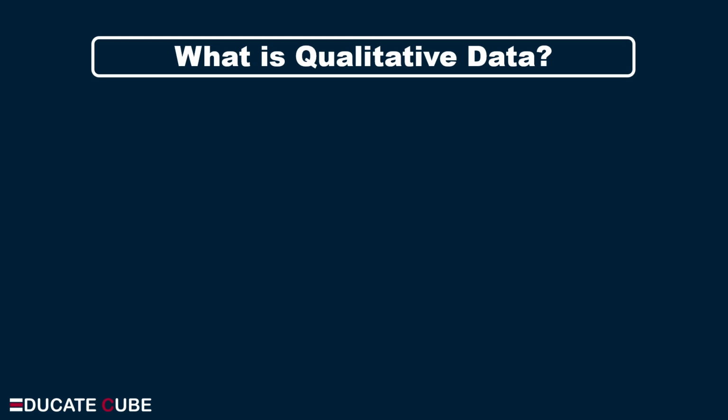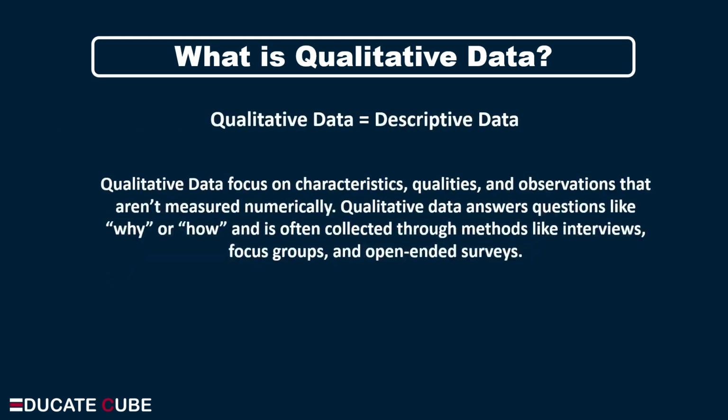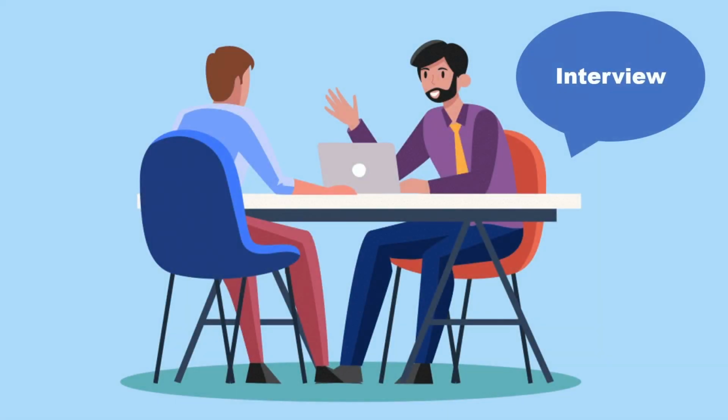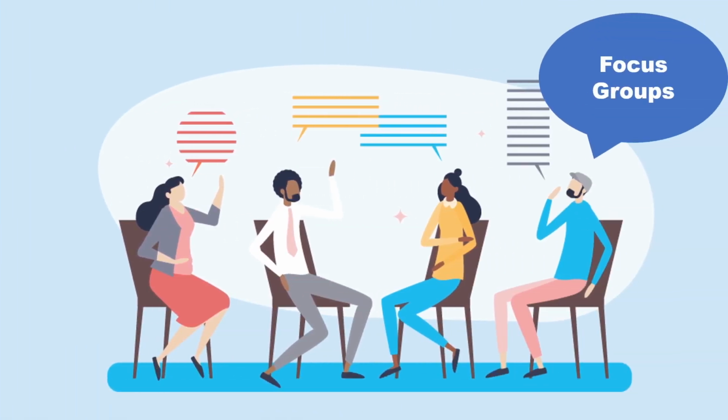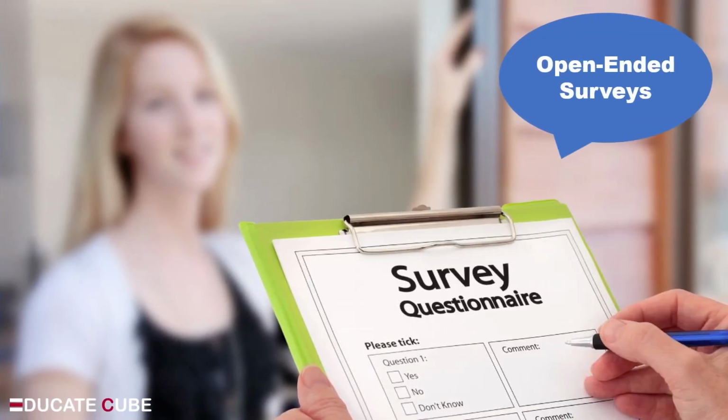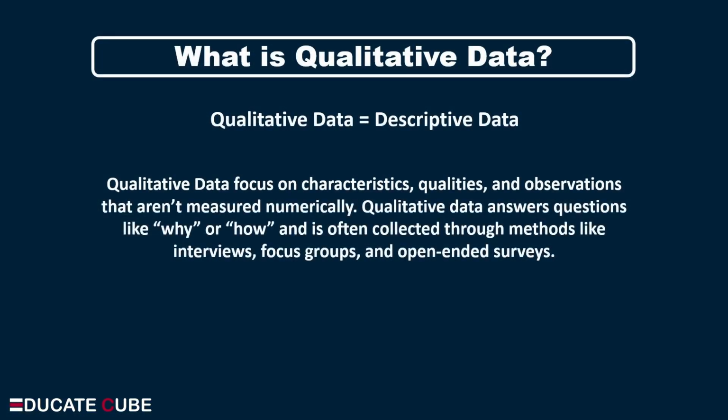Let's start with qualitative data. You can say qualitative data is descriptive data, focusing on characteristics, qualities, and observations that aren't measured numerically. Qualitative data answers questions like why or how, and is often collected through methods like interviews, focus groups, and open-ended surveys. These are known as qualitative data collection methods, and they help us get an in-depth understanding of